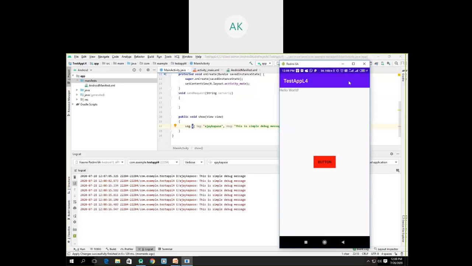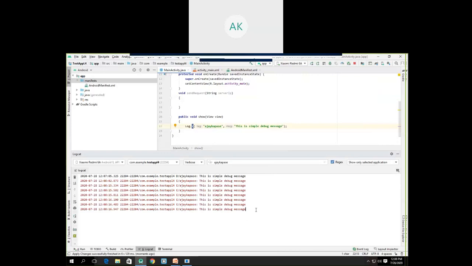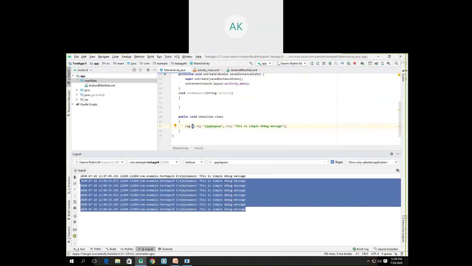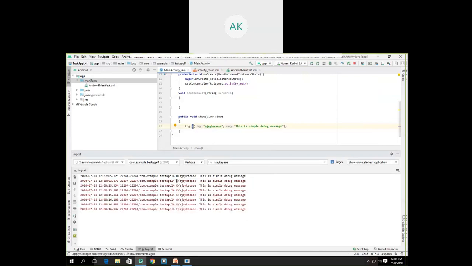the number of times I click on this button, that many times it will generate the messages, and this time the messages will be of type error, because this starts with the letter E. So that is what we call error messages. Whatever you write here doesn't matter. Which method you use here defines the type of message that will be printed. You can write anything here.